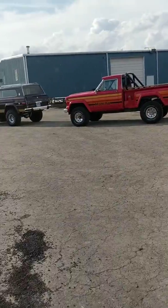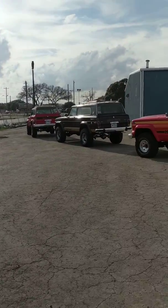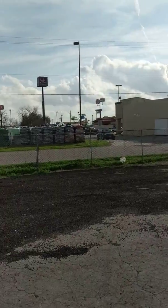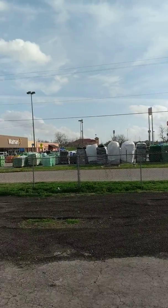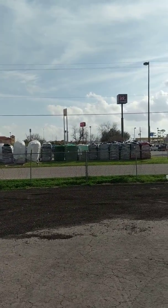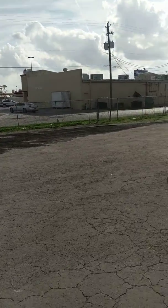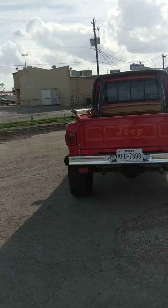Now, what do we have out here? We got a lineup of a few of the cars. As you can see, we are just next to the Walmart and the H-E-B, right off the I-10, going from Houston to Austin. We've got here a very special car, not been restored,